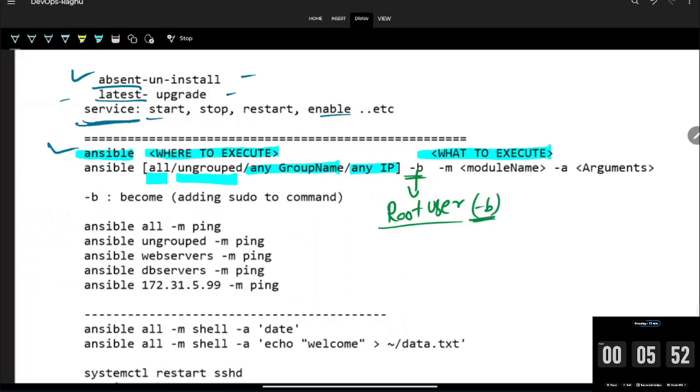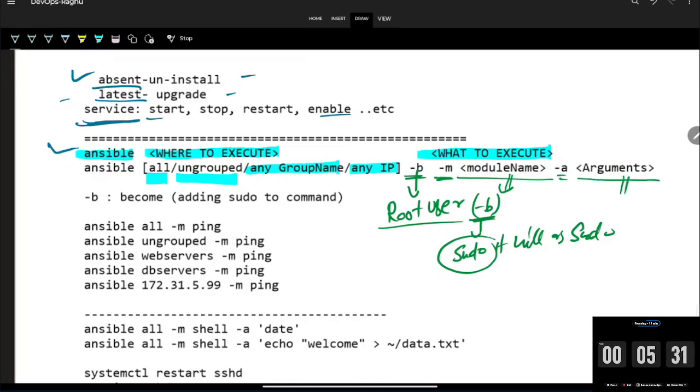If you pass minus p, sudo is not required; it will act as sudo. Hyphen m means module, which module you are going to use. If you are going to use hyphen a, if any argument is required,